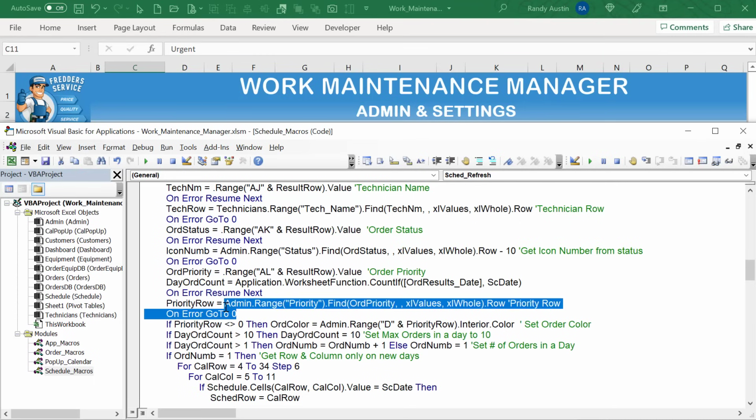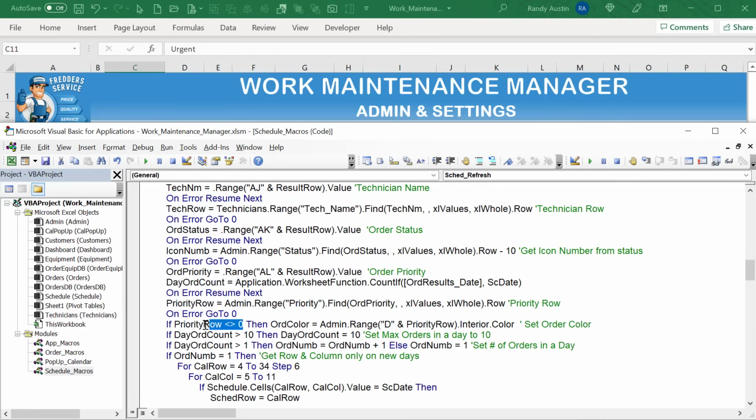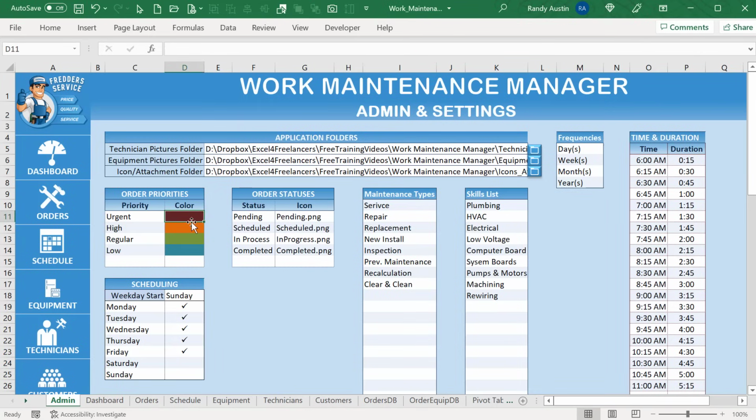And again, we're going to wrap it on error. If the order priority is not 0, that means that priority was found. We're going to set that order color. I want to put that into a string, the color of that. That color is going to be based on, remember, column D is where that color is. The interior color of whatever row that was found. So it's going to be the interior color of this, or this, okay? So we're going to grab that interior color